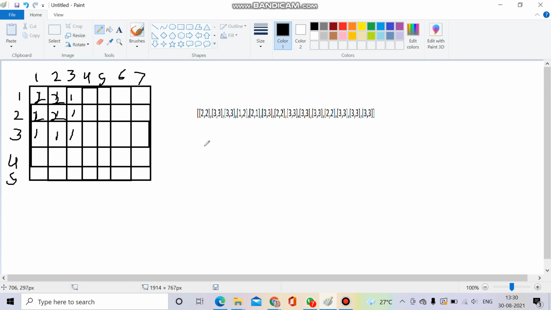By seeing this, the intuition we get is that if we calculate the minimum number of rows, here the minimum number of rows is 1 and the minimum number of columns here is also 1, so the number of maximum integers will be equal to the multiplication of the minimum number of rows and the minimum number of columns. Yeah, that is the intuition, and with the help of this we can do it in 4 lines, I think. Okay, let me explain it in Hindi also.